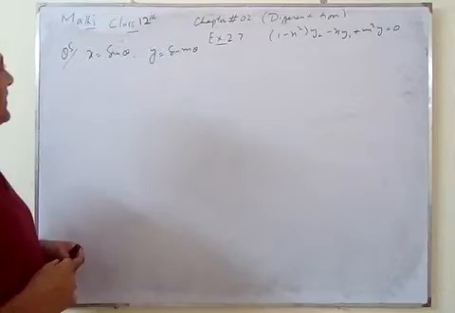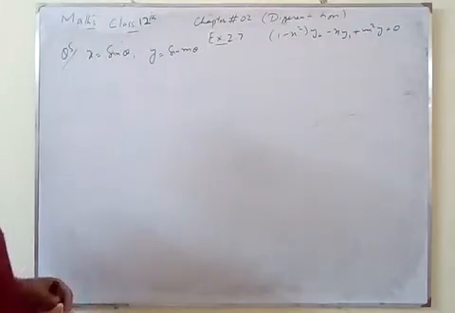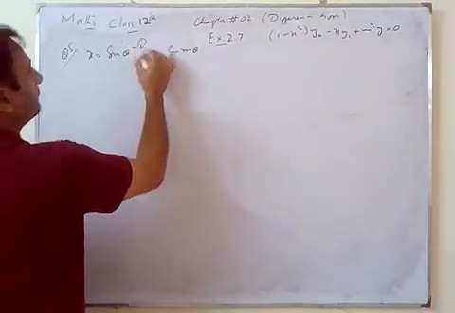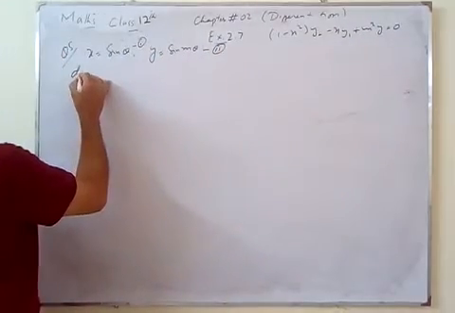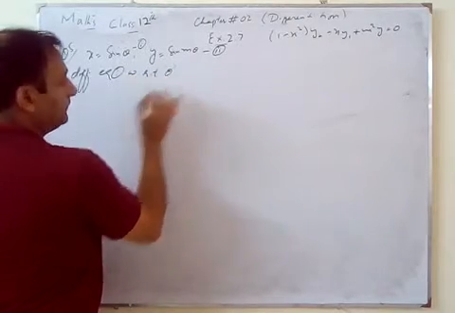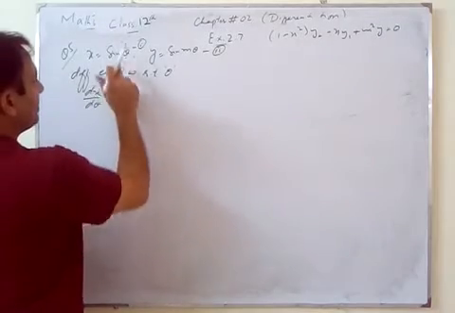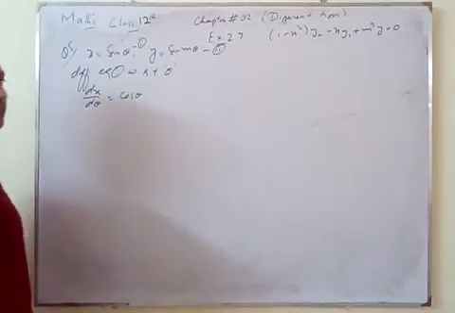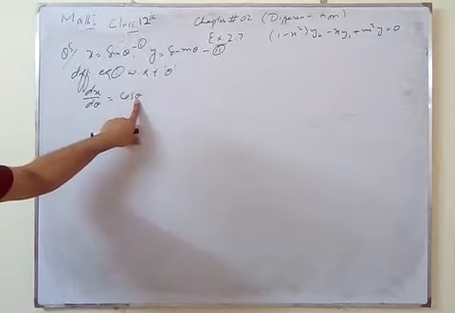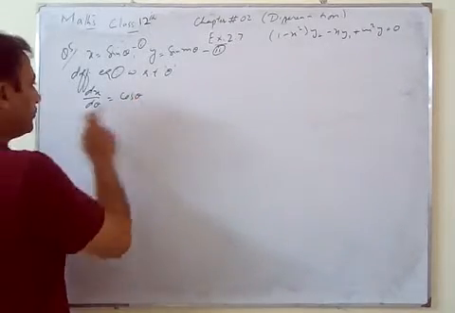There are two methods. One is to take the value of theta from here, put it here, and then simplify. I shall try to solve it separately, as it is. Differentiate equation 1 with respect to theta. So here dx by d theta is cos theta. We are differentiating with respect to theta, so there is no need to differentiate theta again, because that will be 1.